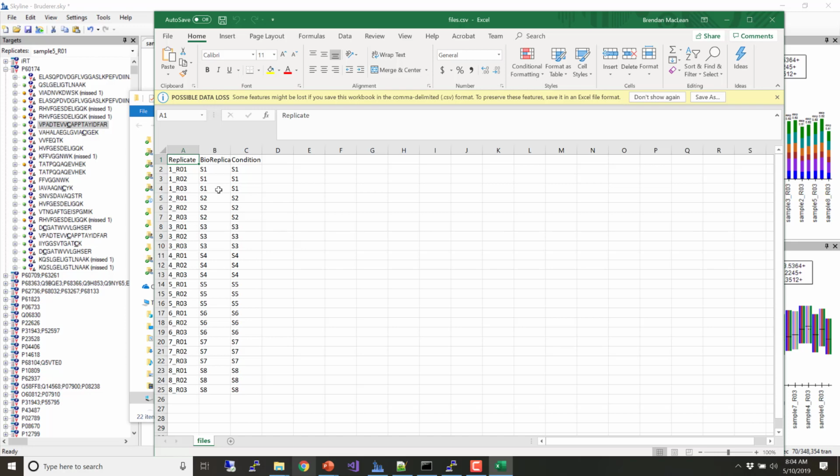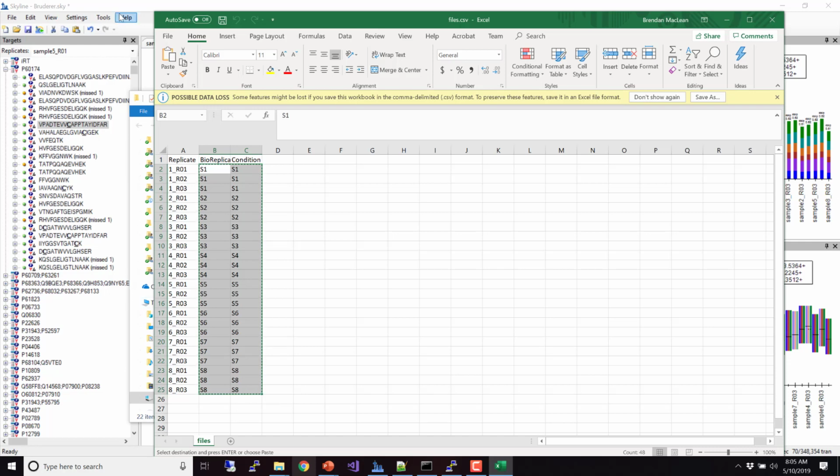And you can imagine that these are just sample annotations. There could be all kinds of sample annotations here, and you can bring them into Skyline the way we're going to bring these ones in. In this case, we just have sample, we have bioreplicate and condition, which are exactly the same. Let's go ahead and select them all. This is the way MENA said she wanted things annotated. I contacted her and said, okay, I'm going to give you some reports. How should I set the bioreplicate condition of these things? And this is what she told me. So Control C to copy,